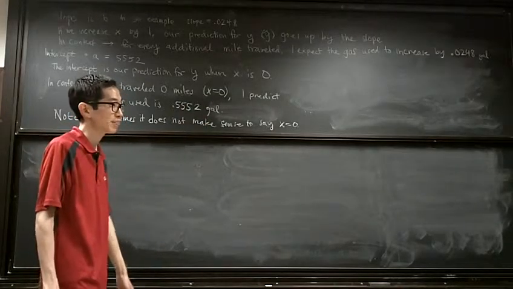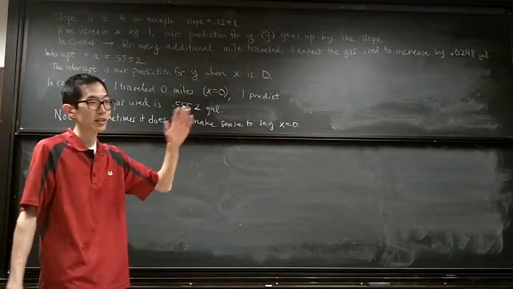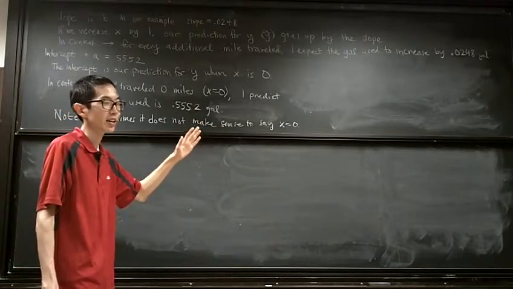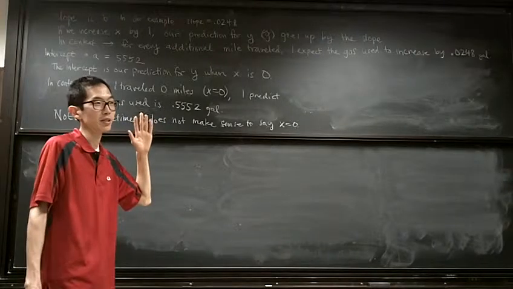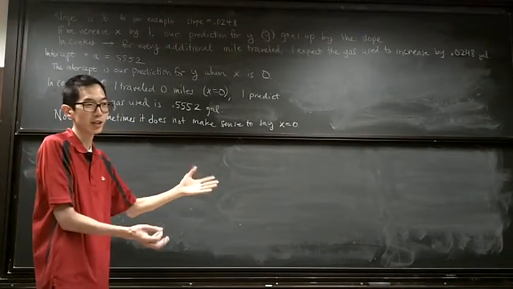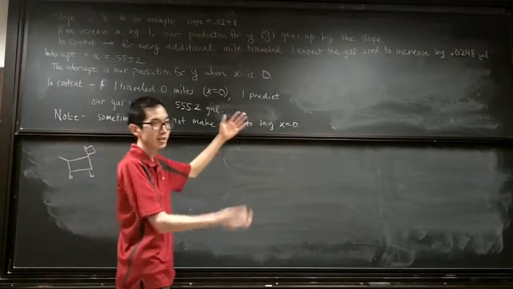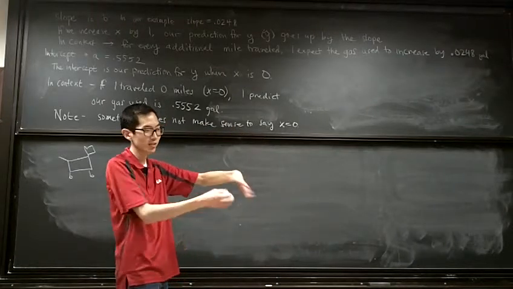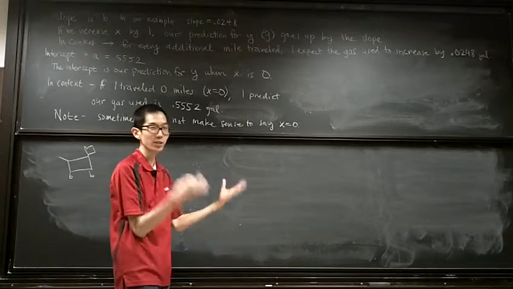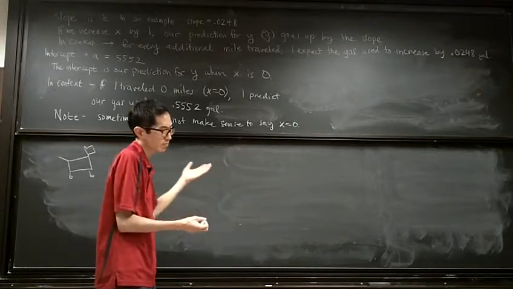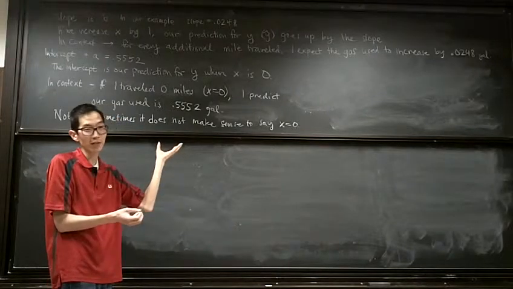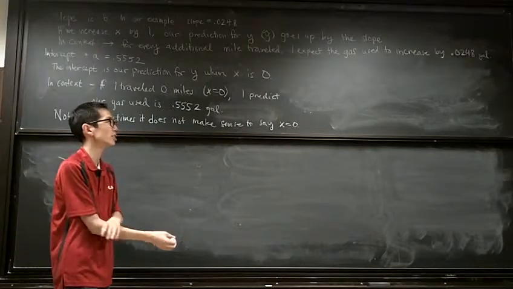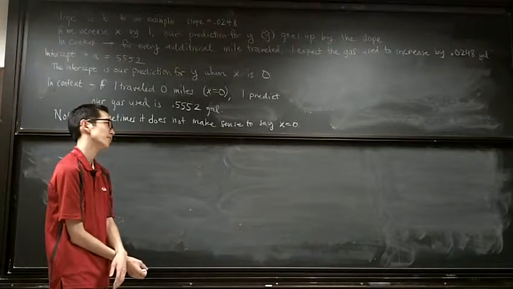It's like saying, I don't know, we could create a model for fuel efficiency, okay, based on how much cargo you have in the car, okay? So if you have a lot of cargo, we expect your fuel efficiency to go down, right? We expect your gas mileage to be worse. And if you have no cargo, it expects to be higher, okay? In that case, it makes sense to have x equals 0, meaning you're not carrying any cargo. Okay? But in other situations, maybe we're trying to say,